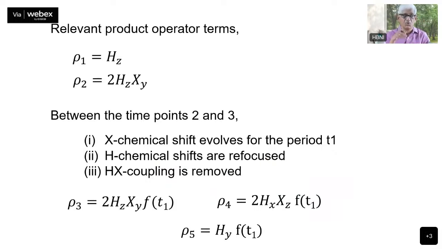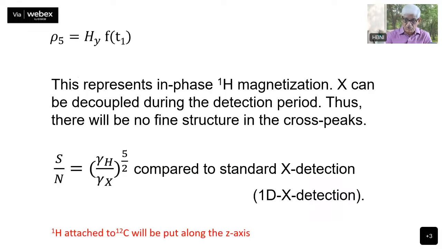And then for those protons which are attached to carbon 13, they go through the X channel. This product operator description we have written is for those which are attached to the carbon 13 or the N15 or whatever, the X couple. And in this situation, this proton chemical refocusing means it is a decoupling scheme. The proton X coupling is removed. During this period, the X coupling is removed. Therefore, at time point 3,